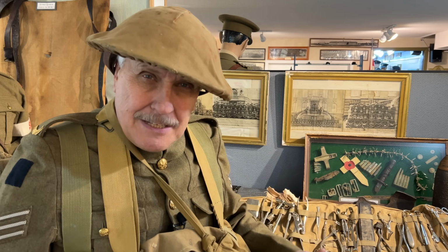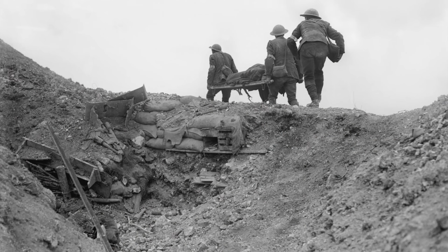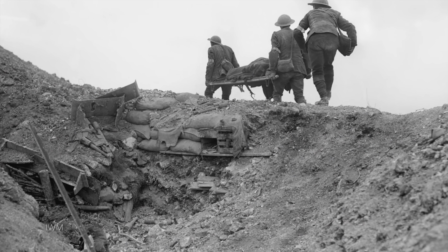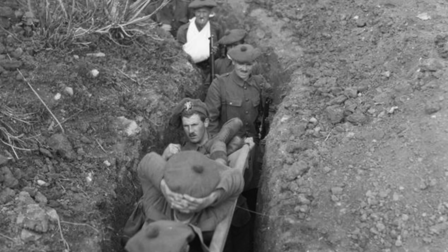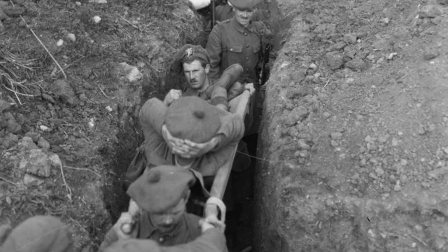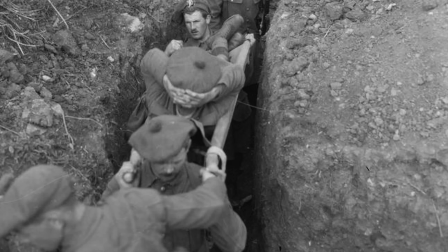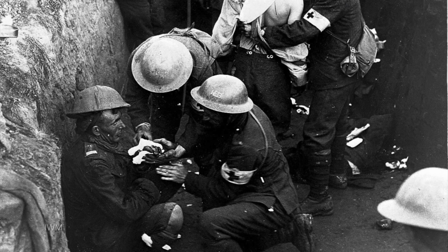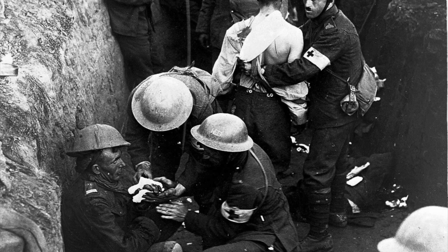They need to get him to the regimental aid post, 200 yards behind the line. Stretcher bearers, stretcher bearers. So they will come with their stretcher, get him on. They've got to get him out the trench. It's not easy because the trenches weren't designed to evacuate casualties. They're a fighting station. So down the narrow communication trench into the regimental aid post where a doctor will be waiting for him. He will assess you. With a bit of luck, you're the first